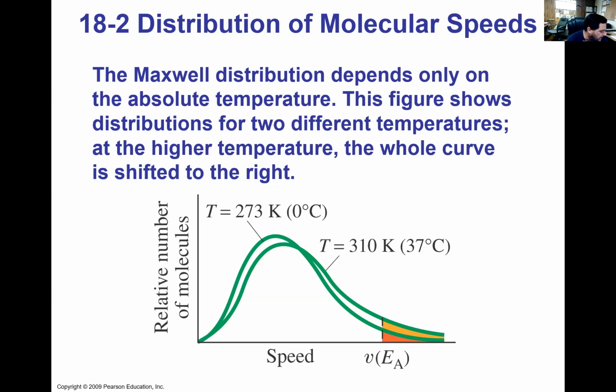So the molecules are going to chemically react only if the kinetic energy is great enough that when they collide inelastically, they squish together. The minimum energy for that to happen is called the activation energy. And the velocity at which this happens is this V sub EA. EA is the activation energy and the velocity is that velocity. So it's specific for different types of reactions. The number of molecules with energy greater than EA is the area under this portion of the curve.